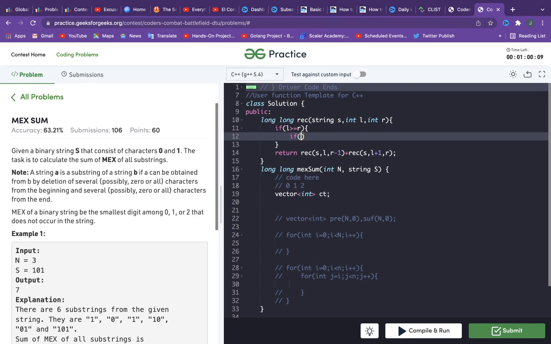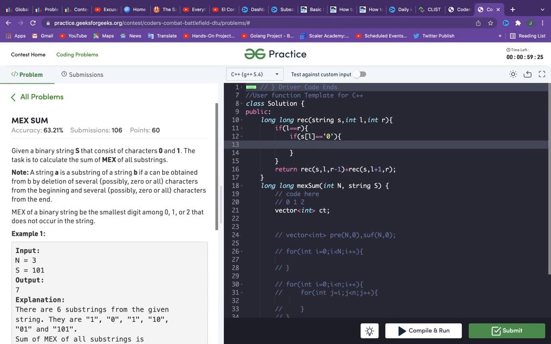If so, this should be equals, so it should be equals to, this is equals to 0, then